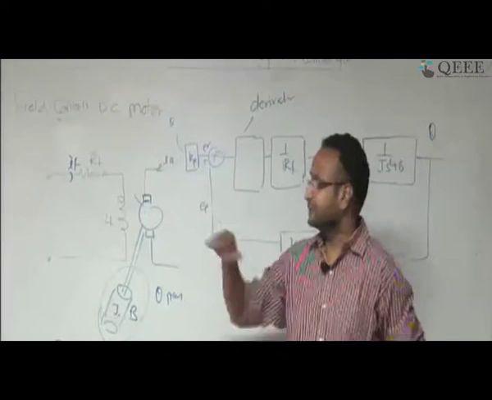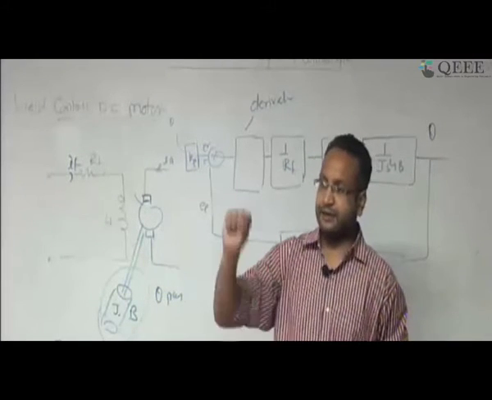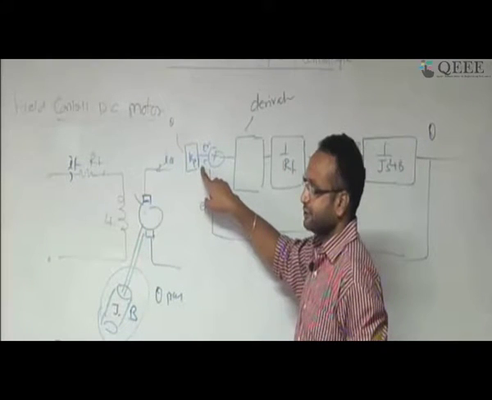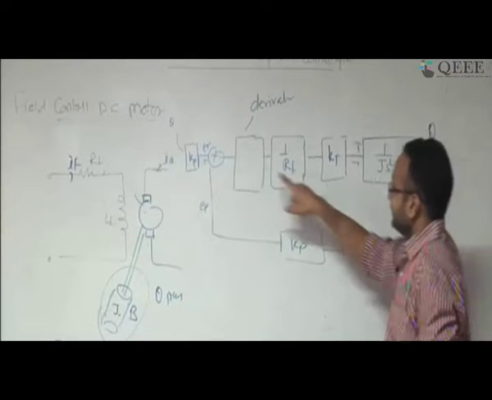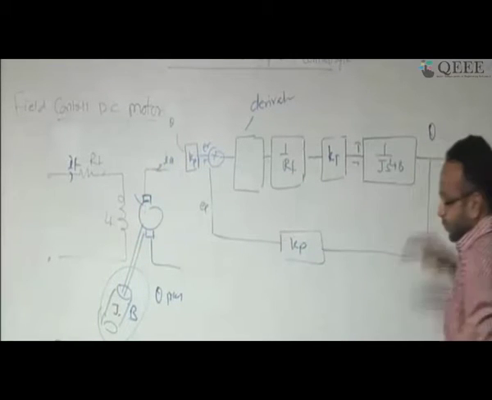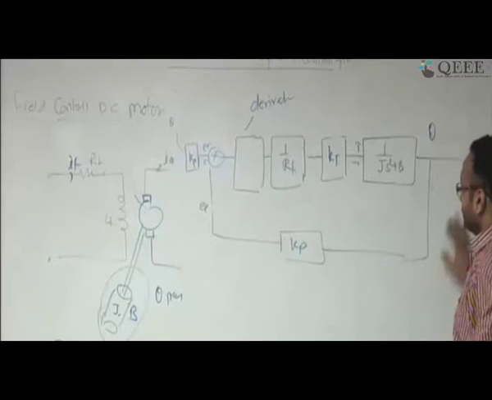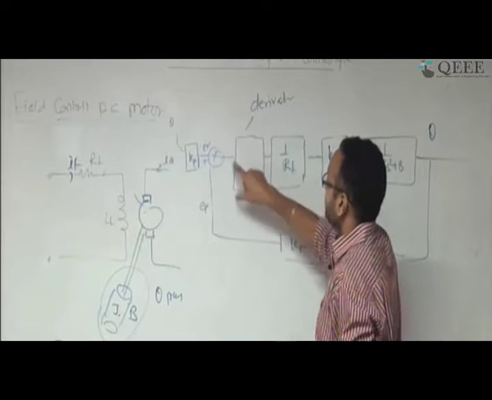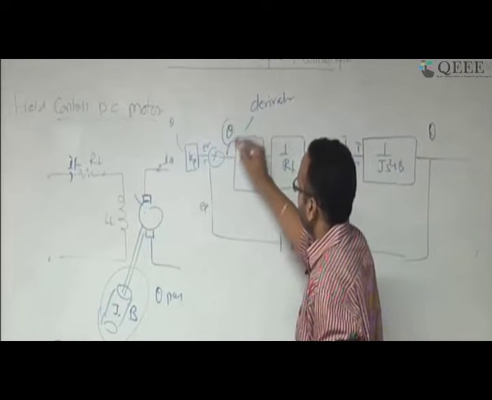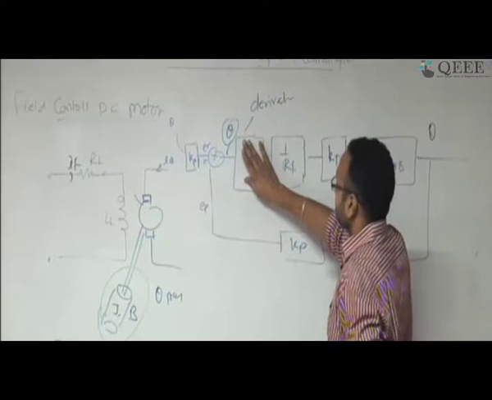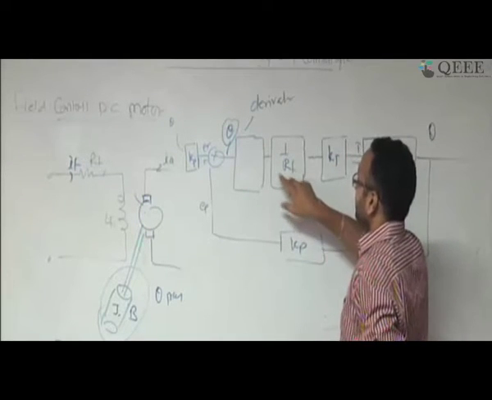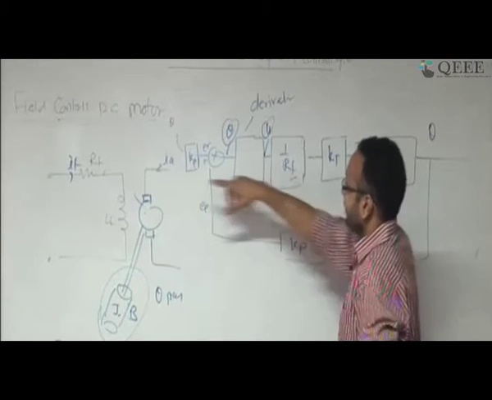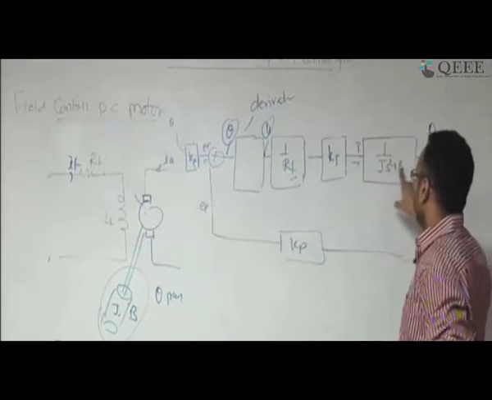So what are you looking for? If I am working on a problem which is controlling the movement of a robot, I will say robot, go to an angle of 30 degrees. So the 30 degrees will be given here, and at the output, what exact position is there? Suppose it's at 20 degrees, it will be measured by the voltage, and the difference will be taken care of. Now this is the error term which you have, and you can apply all your control system constants. Suppose I am using a derivative controller, then the derivative controller will give the U signal, the U signal will be given to an amplifier, this part Rf, and then Kt and Js square plus B.